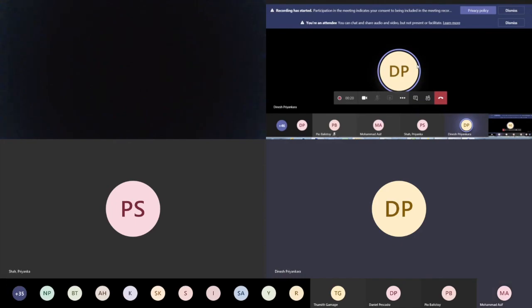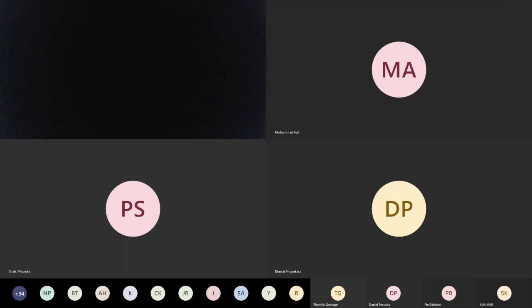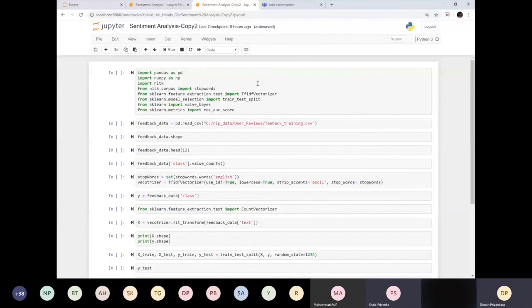Okay. So I'm going to use Jupyter Notebook for getting some data and going through it.